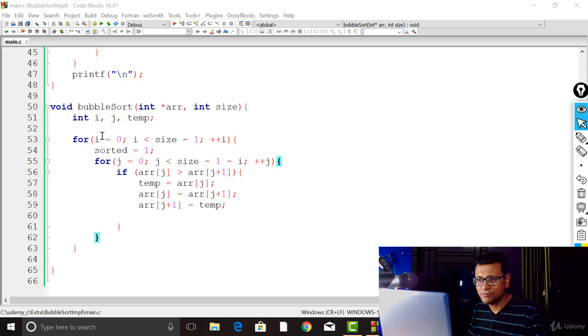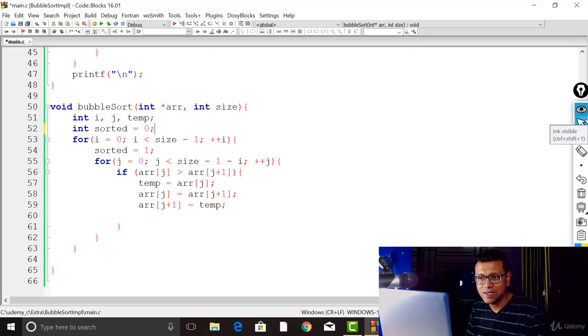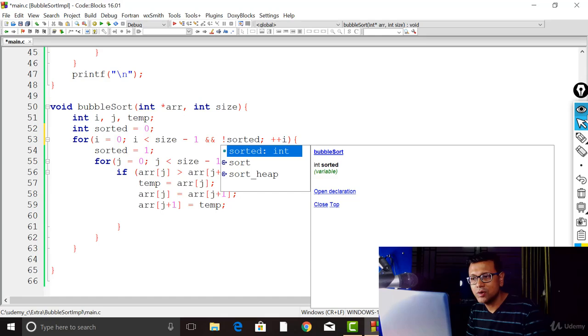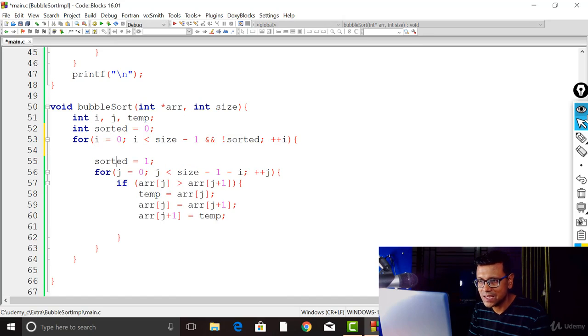So I'm going to take a flag and use that flag to check whether the array is sorted or not. I'll name it sorted, and initially, since the array is not sorted, I'll initialize it with 0. Now we are going to modify the termination condition of the outer for loop. The outer for loop is going to iterate as long as i is less than size minus 1 and the array is not sorted. At the beginning sorted is 0, so not sorted is 1. So for the first time it's going to come inside,